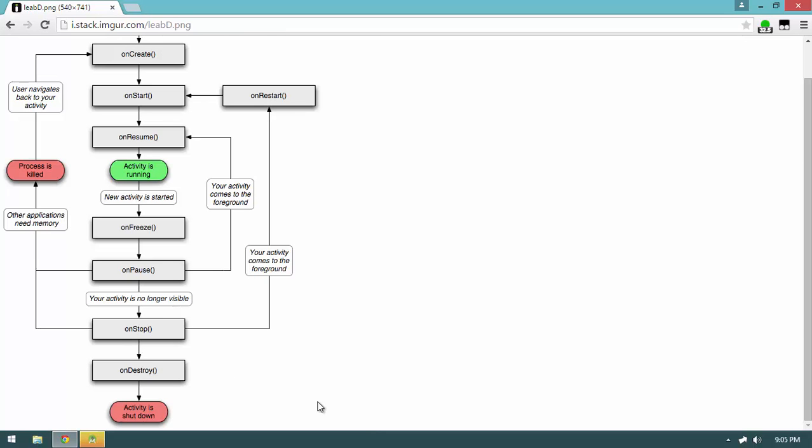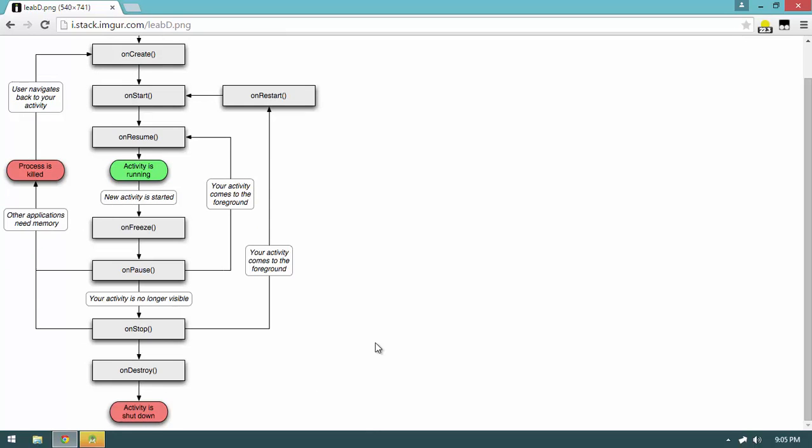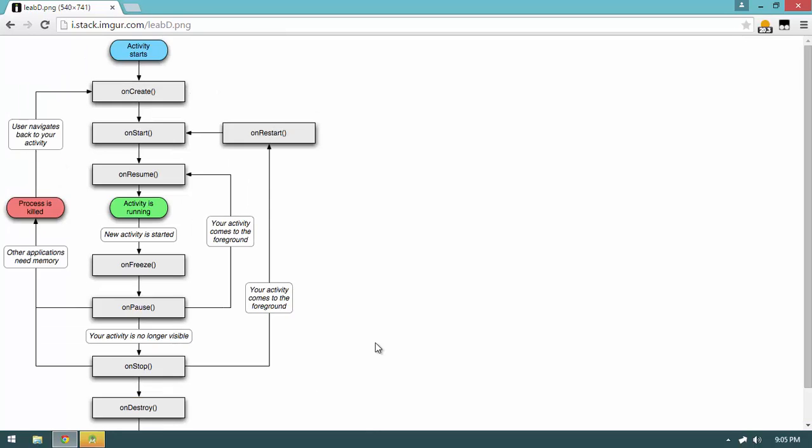So what we're doing here in the code with our event bus is we're registering for the event bus on the onCreate, and we're unregistering on the onDestroy. And why are we doing that instead of registering on the onResume and unregistering on the onPause, which most people recommend doing? The reason is, like I said when we wrote this code, that I want events